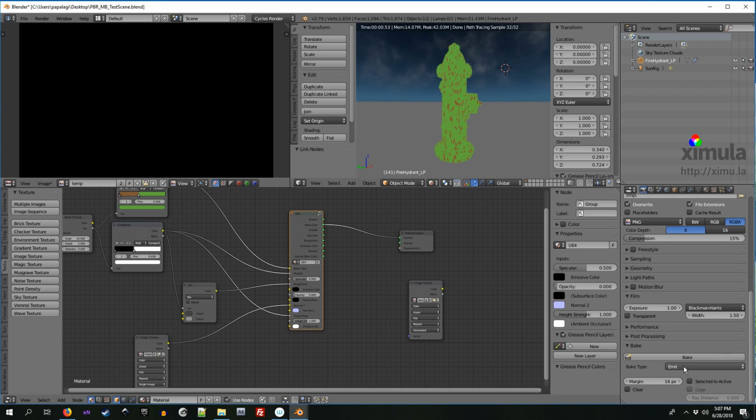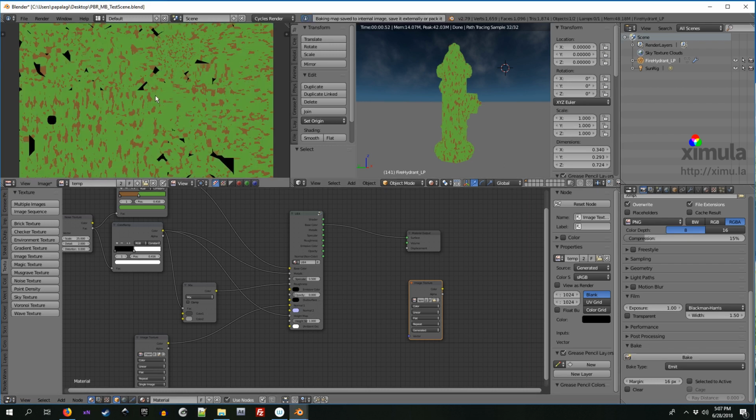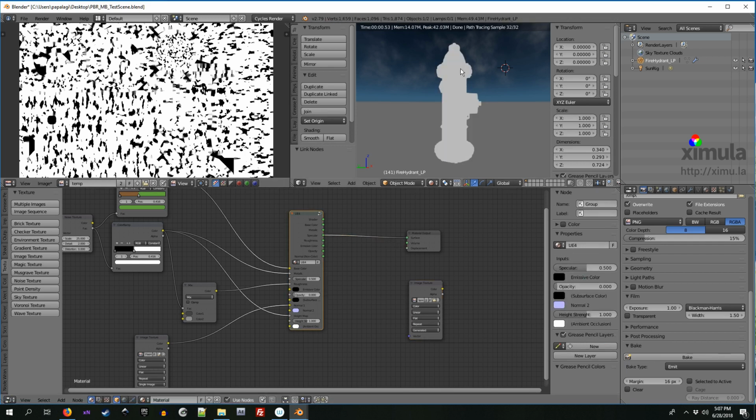I told you everything outputs through the emit node, so if we bake, this is the base color. You can save it and then bake the metallic map, metalness map. Here you have it. Specular we don't have, but just in case you can output the specular roughness